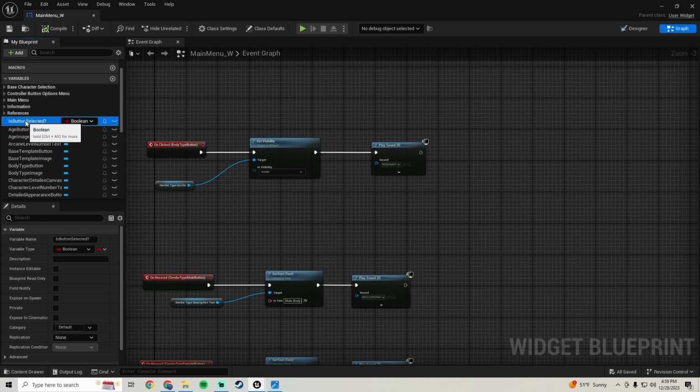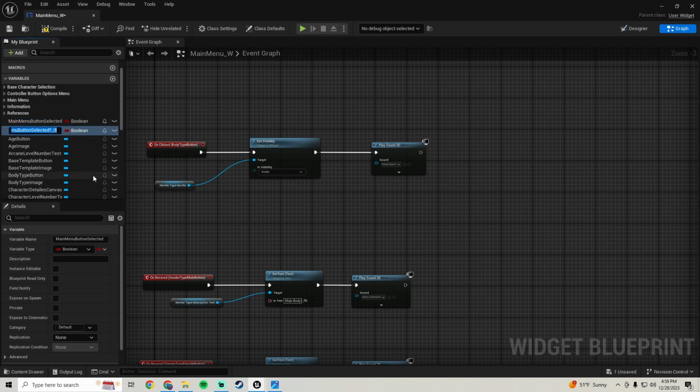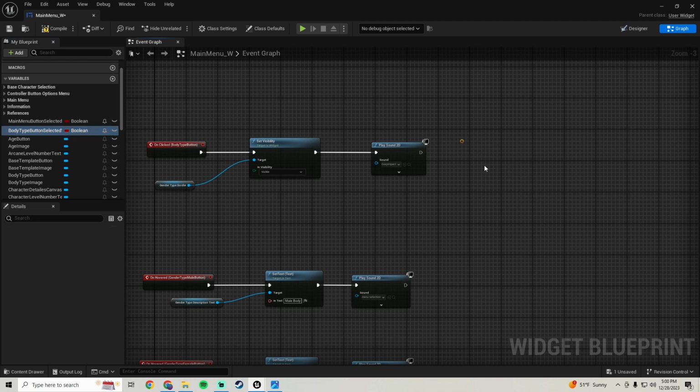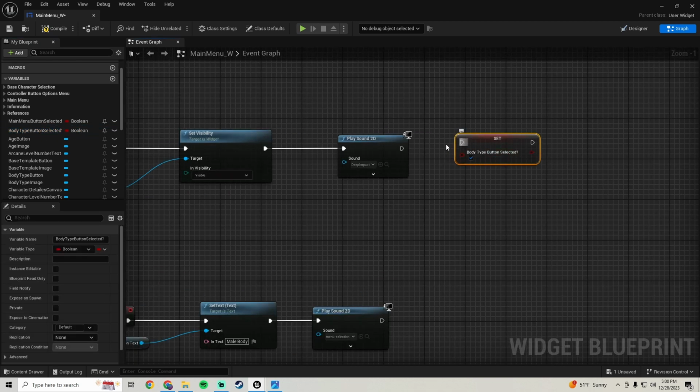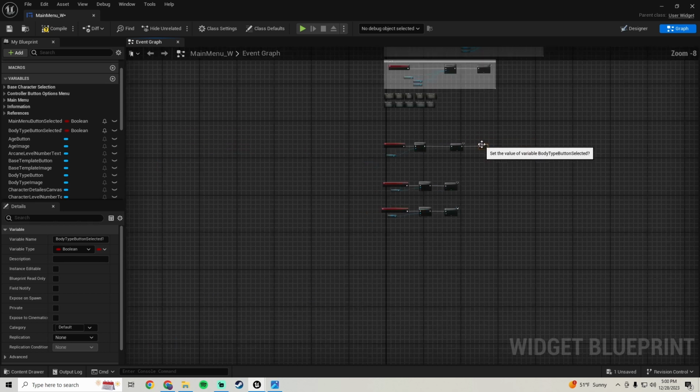See this is button selected? We're gonna rename this to main menu button selected, and then we're just gonna duplicate that guy, and call this body type button selected, and we're gonna pull this guy in, set that to be true, because what we're gonna do is we already have